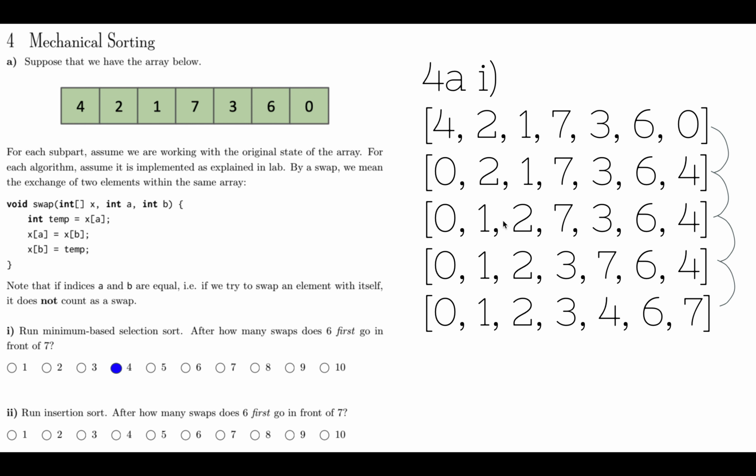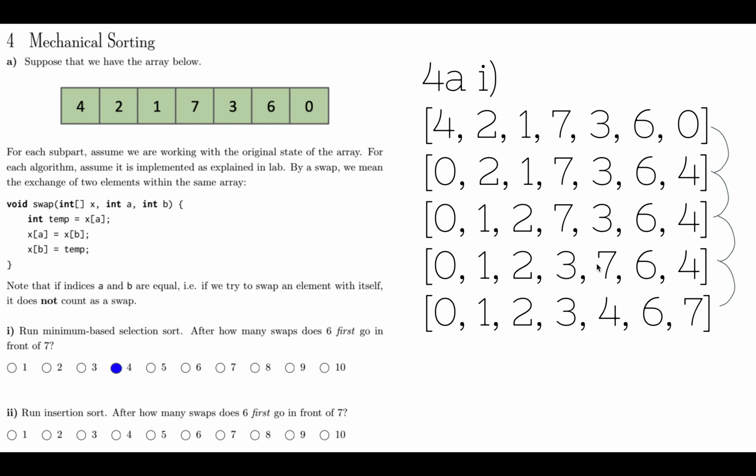Finally, we look at the subarray 2, 7, 3, 6, 4. 2 is actually the smallest number, so we don't do any swaps. So 2 is already in the correct place. Next, let's look at 7 through 4. 7 through 4 has a minimum of 3. Because 3 is in the incorrect space, it should go at the beginning, so 3 and 7 swap, as seen